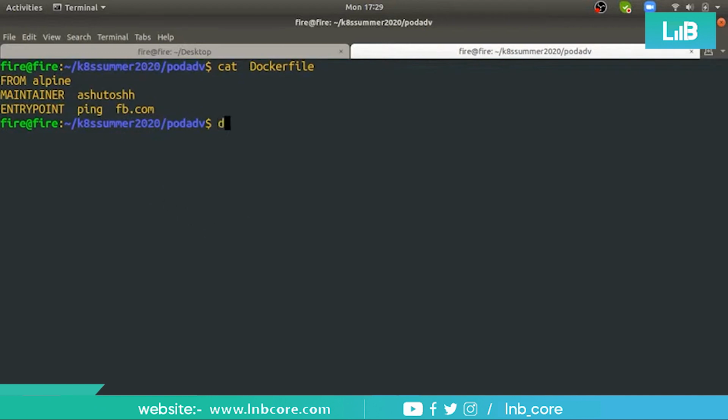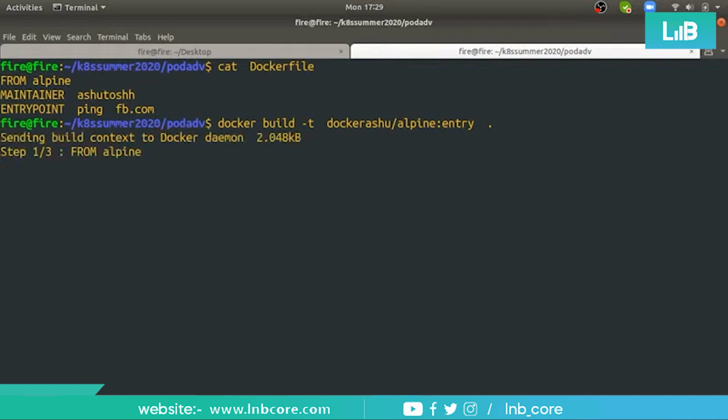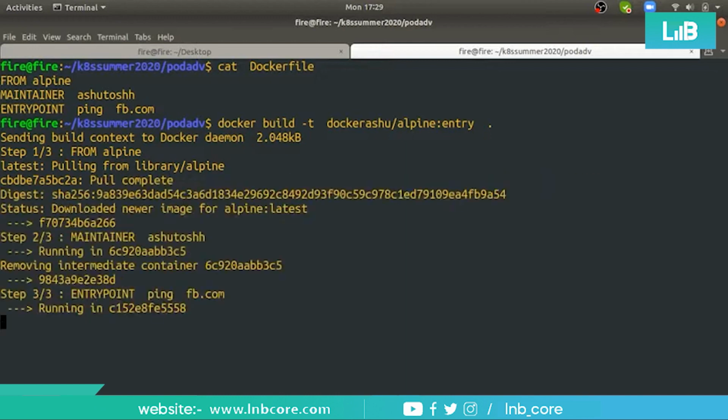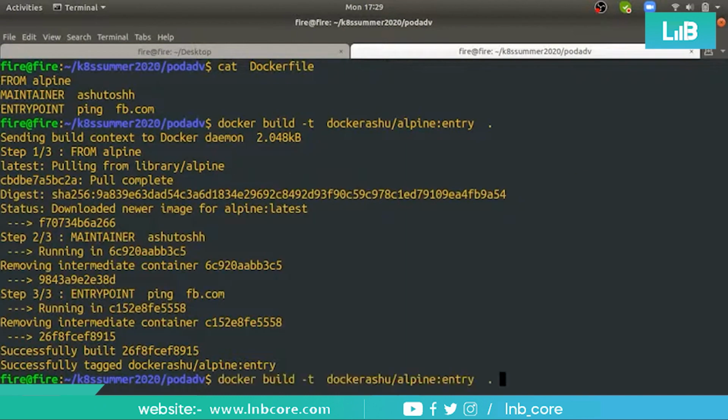So I do docker build -t, directly building so that I can push my image on Docker Hub, alpine:entry, dot. It is pulling the image from Docker Hub, then building it, and it's done.